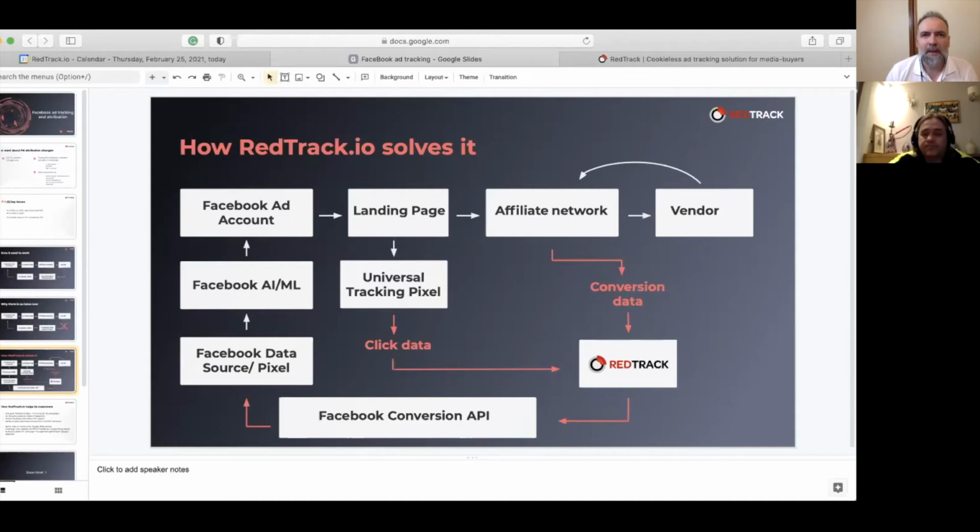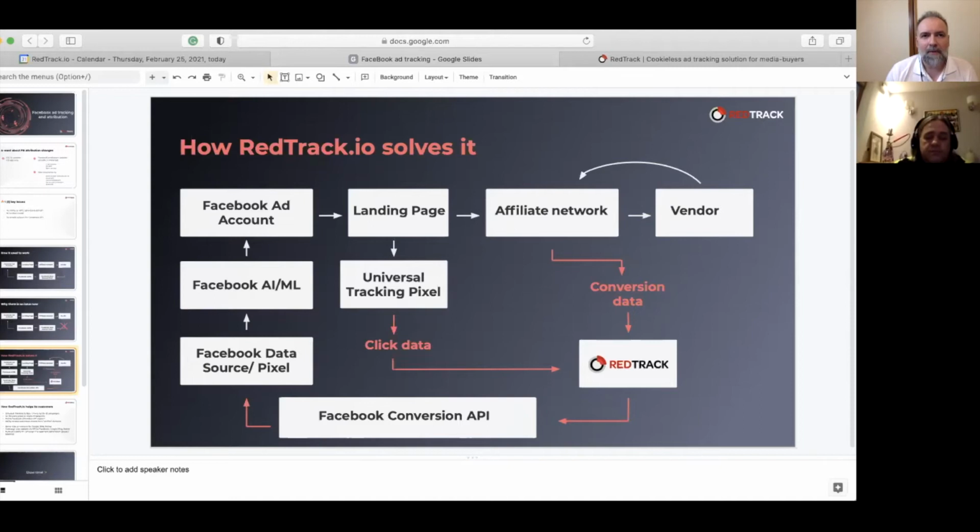Okay, so let me answer your question. We will support the siloed approach out of the box. There will be an additional charge in RedTrack for supporting multiple accounts, but we will not have any additional charge for the number of those additional accounts that you'll have. So you don't have to buy 1, 2, 3, 5, or many RedTrack subscriptions. You can have all your silos in one RedTrack account.